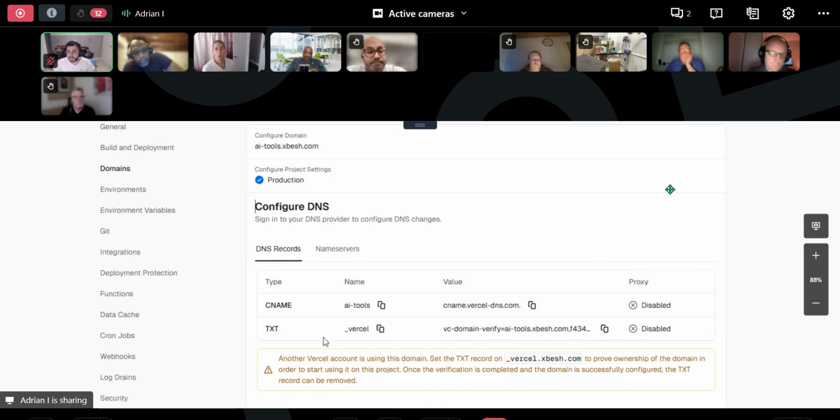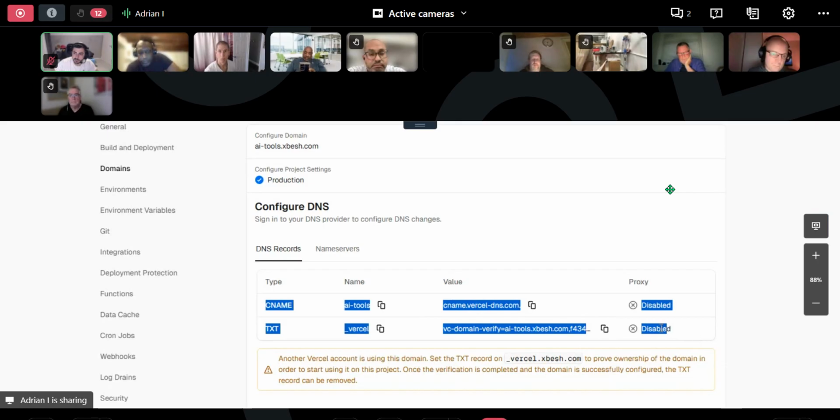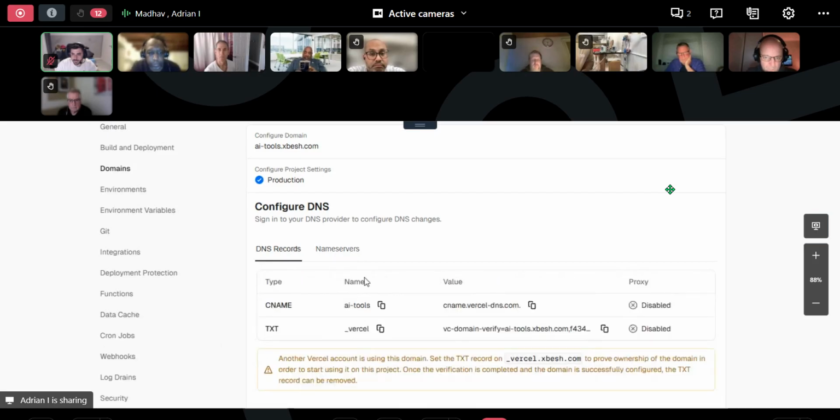So if I want to enable this, I'll have to send these DNS records to Maddie so he can put them on. Can you actually put them right now so we can demonstrate how easy it is? Let me just send this to you on Teams. Just give me one second. There we go. Let's say the name server doesn't matter.